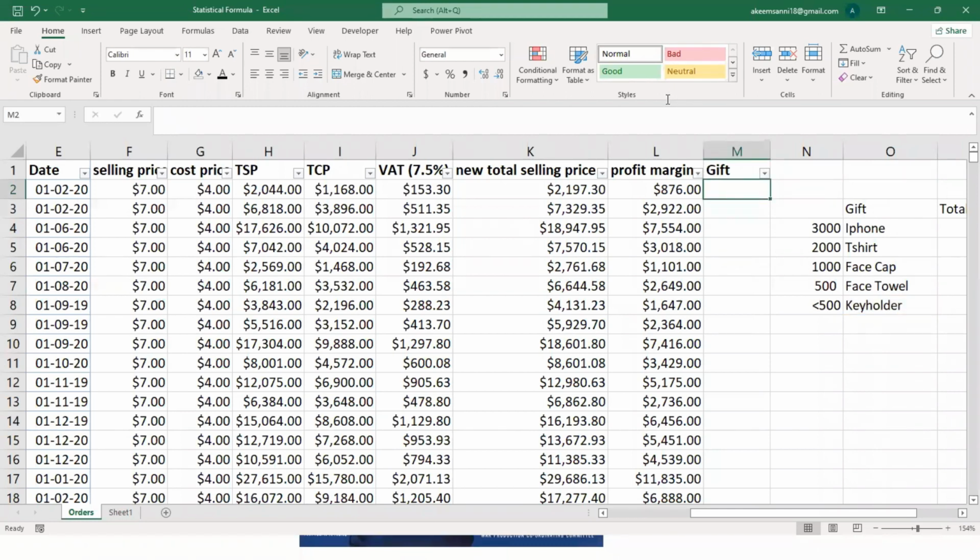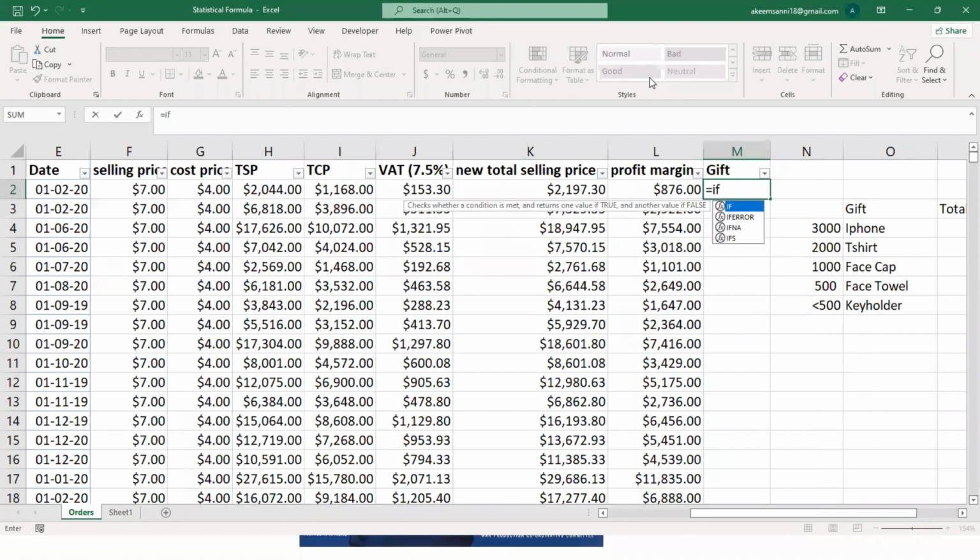So I type equals, right? Now we are going to use one logical formula called IF. We want to use a nested IF.